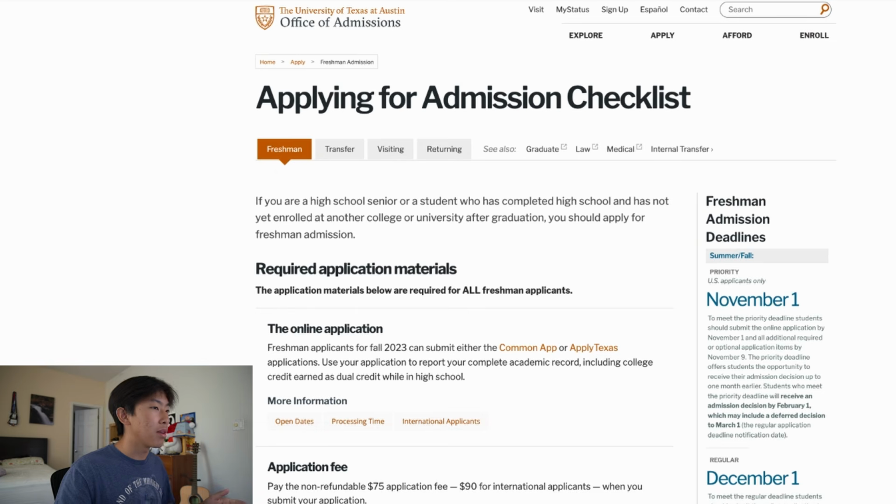Right off the bat, something I noticed this year is that UT actually is accepting the Common Application. Essentially, in the US, there are two main ways of applying to colleges, the Common App and the Coalition. Only a couple of other schools actually have their own application, like MIT, the University of California, and some others that are skipping my mind right now,